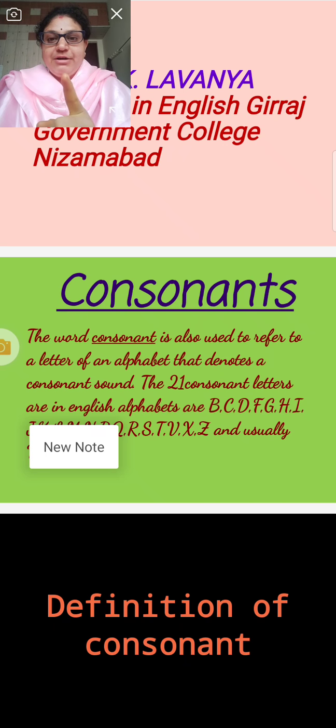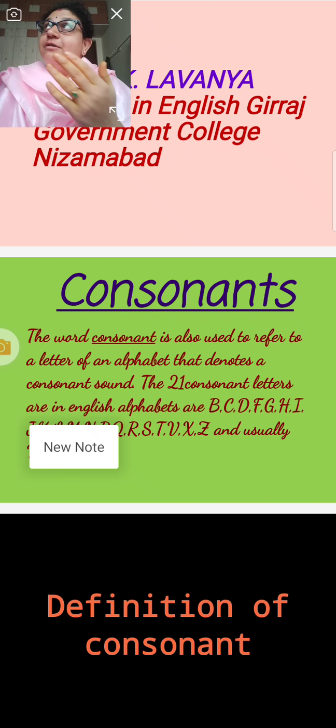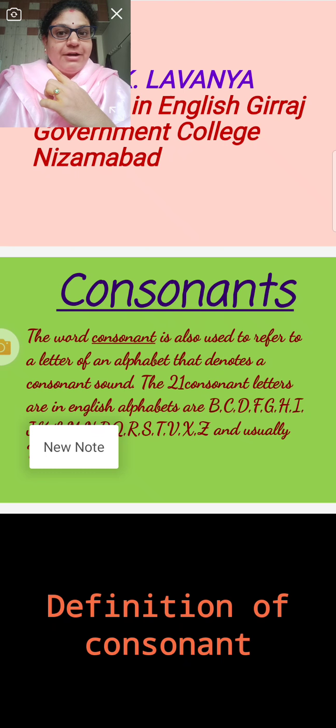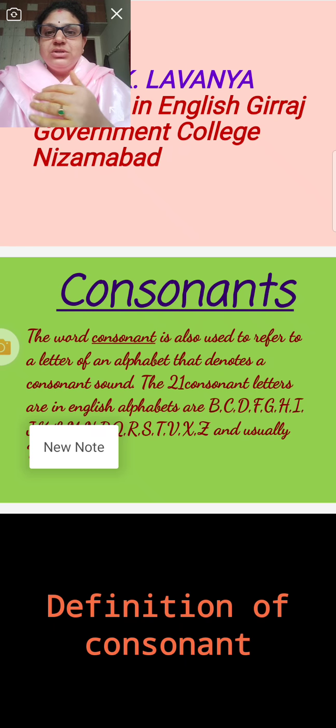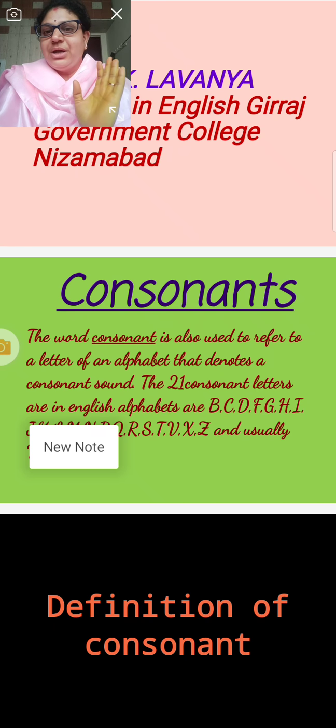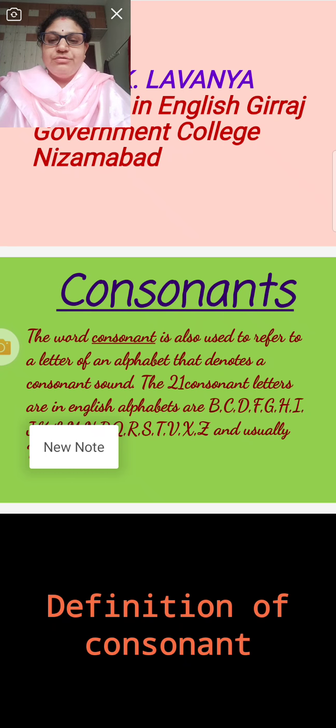Suppose F: coffee, fee, fat, fan. When you pronounce them once or twice from your mouth, you can get the sounds of the consonants and the letters perfectly.